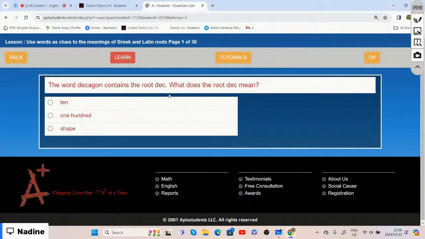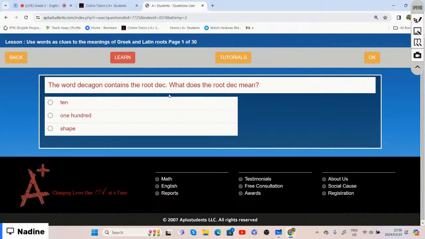All right, so then we have a pentagon, which has five sides. Then we have a hexagon that has six sides. Octagon with eight sides. So basically, a decagon is a shape with 10 sides,